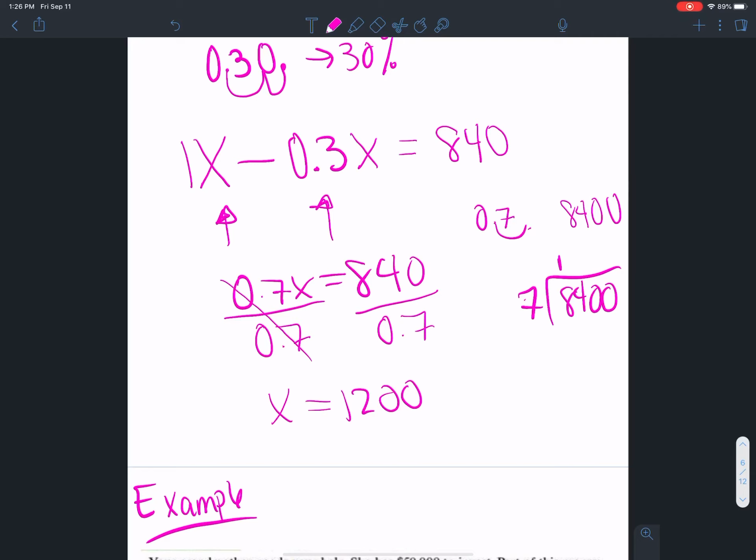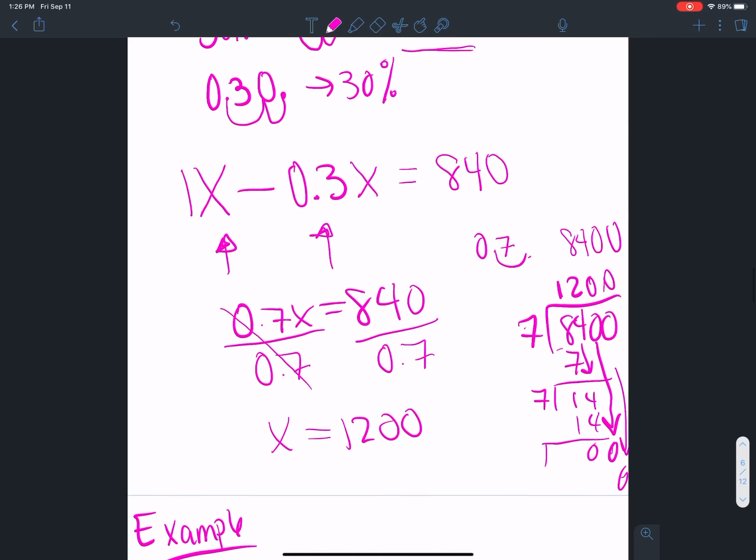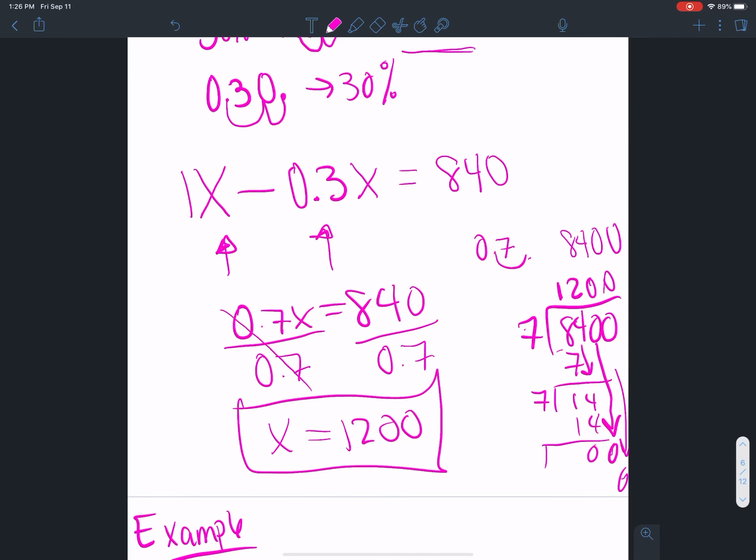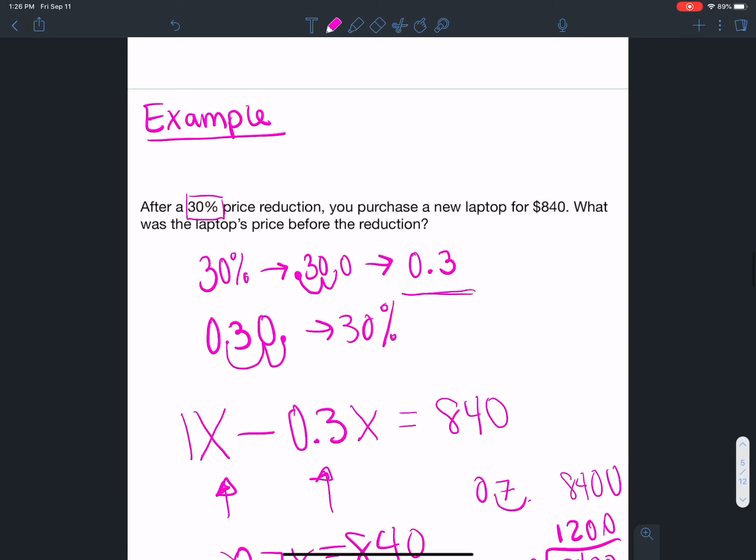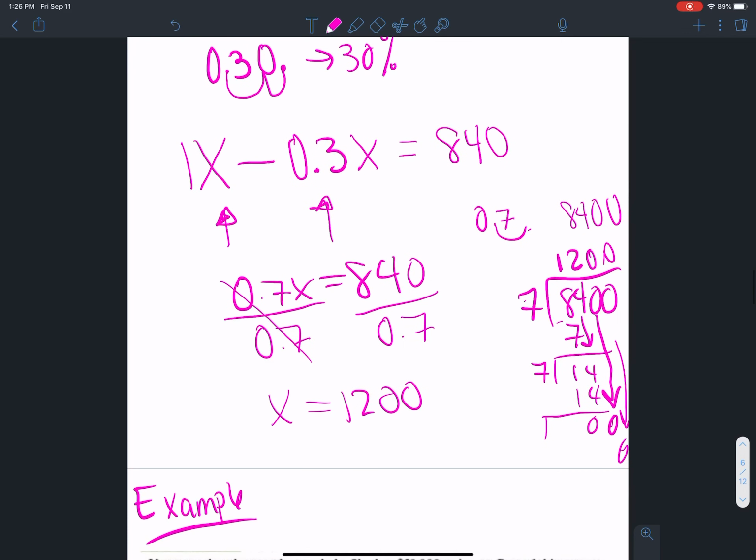7 goes into 8 one time. 1 times 7 is 7. 8 minus 7 is 1. Bring down the 4. 7 goes into 14 twice. 2 times 7 is 14. And bring down your 0. 7 doesn't go into 0. So 0. So you get 1200. Okay. So you wouldn't say X equals 1200, right? That's not your answer. So instead, you have to go back and it says, what was the laptop's price before the reduction? Okay, the price was $1,200. And then you can keep going if you want before the